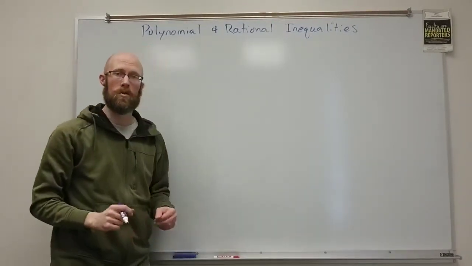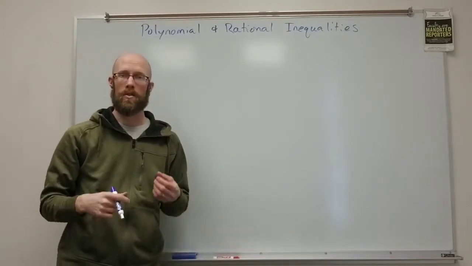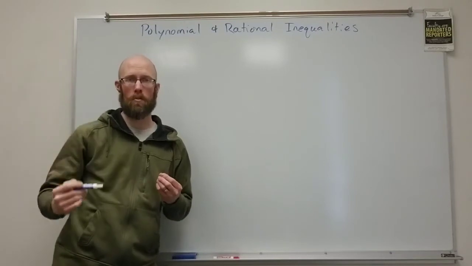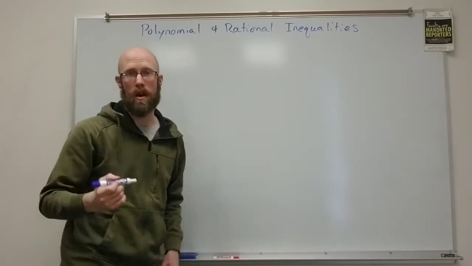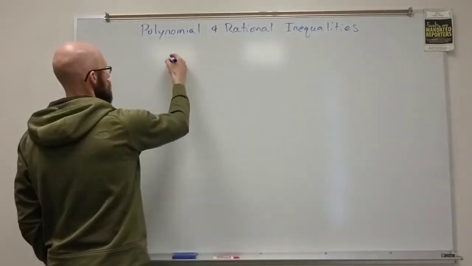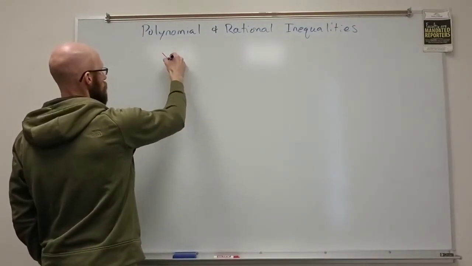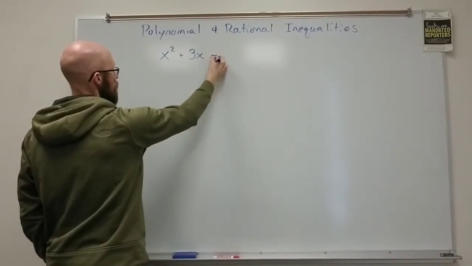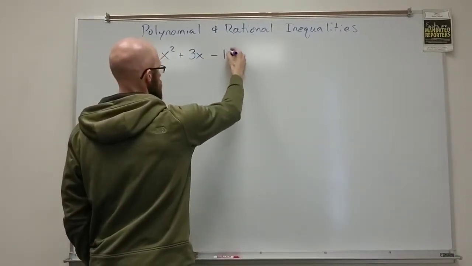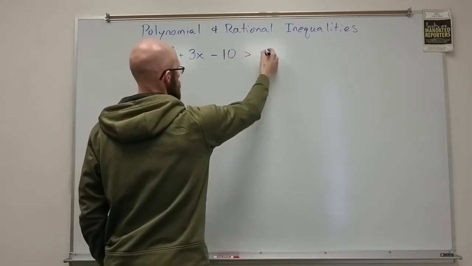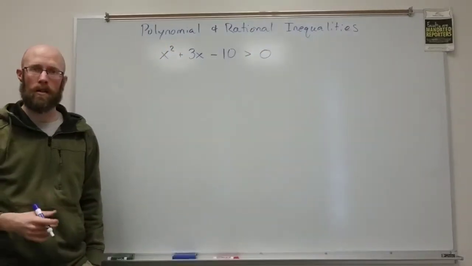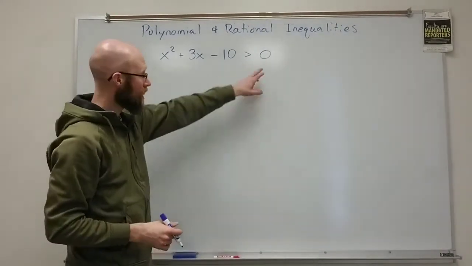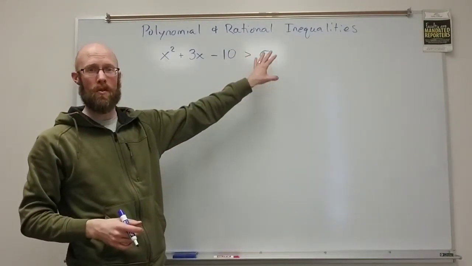what we really need to do is identify the zeros of the polynomial and then test to see whether the function is above or below the x-axis at those points. I'll give you an example. If I started out with a polynomial inequality like x squared plus 3x minus 10 is greater than 0. This is a polynomial inequality. Of course, there is a 0 on one side. That's going to be very important. You must have a 0 on one side to make